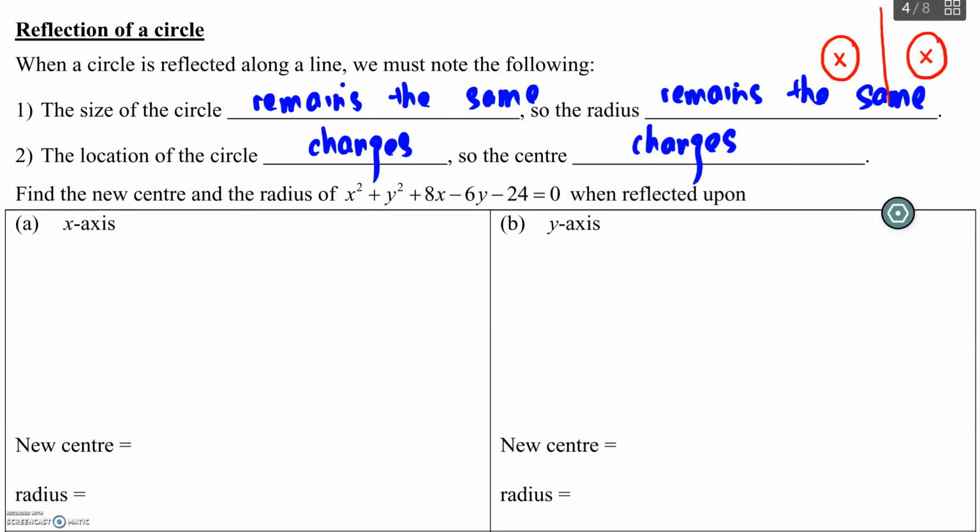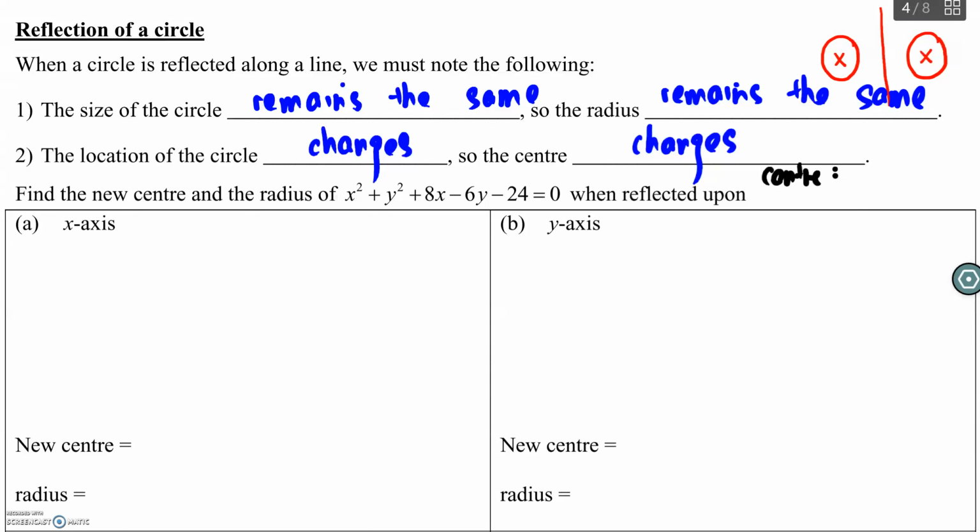Okay, with this new concept, we are going to tackle the following question. Find the new center and radius of this equation of the circle that is given when reflected upon the following. The first thing I want you to take note is, before we can get started, it is always very important that given any equation of a circle, we need to know the center as well as the radius. As you have learned previously,